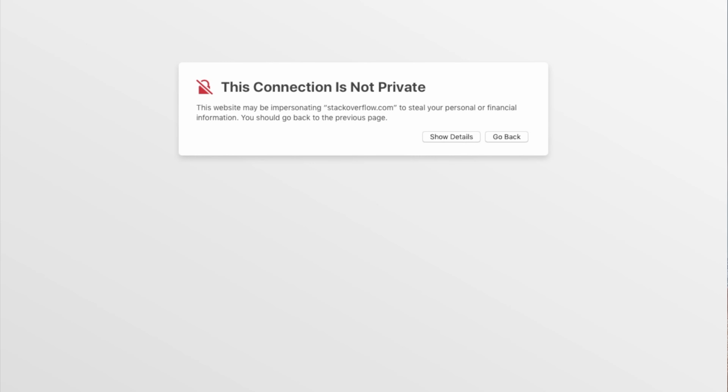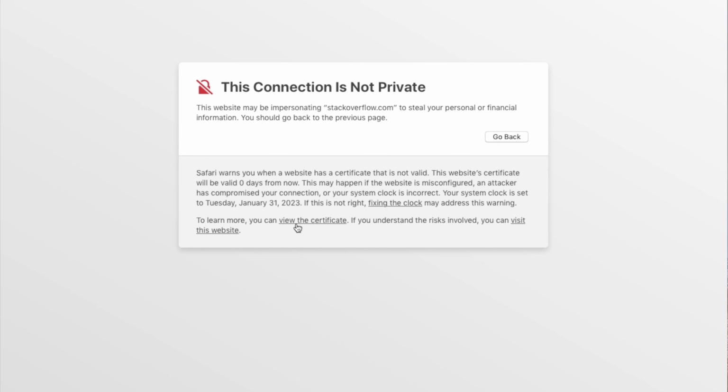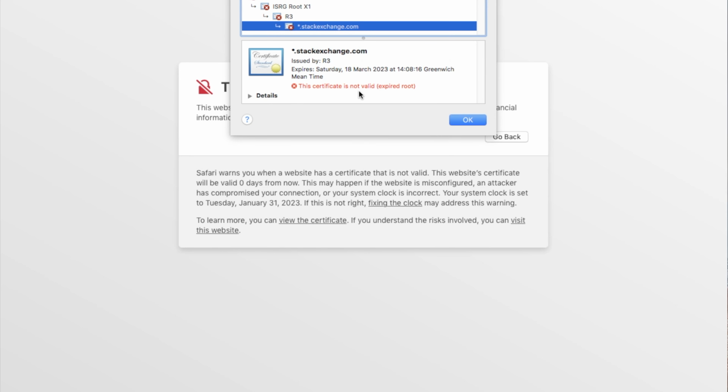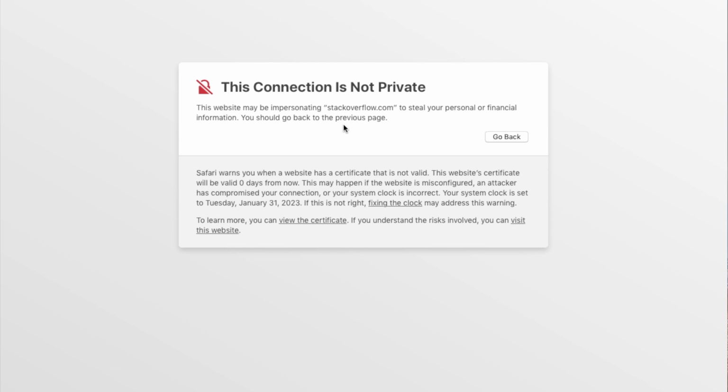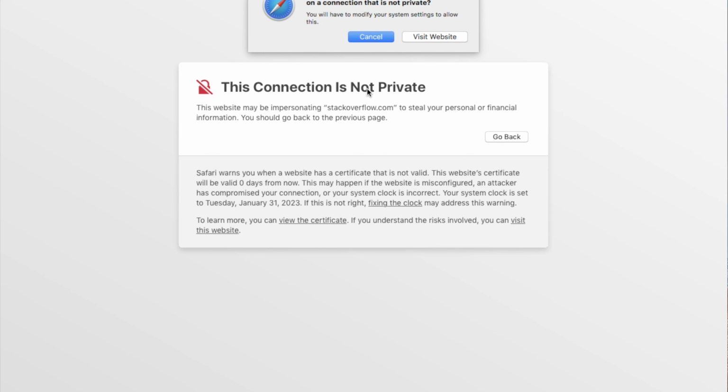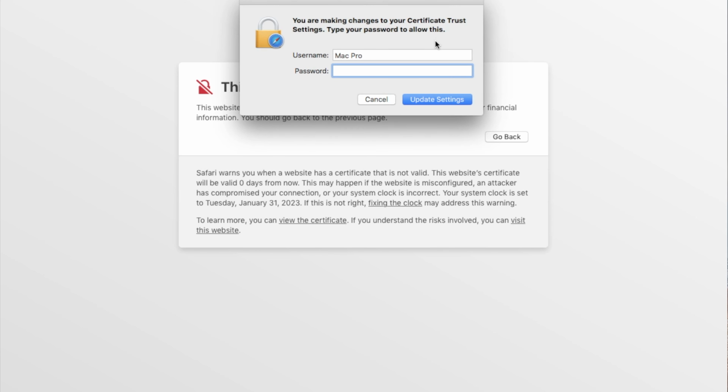Error I keep seeing with El Capitan, it was happening in Yosemite as well, and Mavericks, is the connection is not private. I'm just accessing Stack Overflow to give you guys an example, but as soon as I typed in the URL and went to it, this is the first message I see. Click on Show Details, click on View Certificates, it says it's not valid. Expires on Saturday 18/2023, which is a bit odd. So I click on Visit this website, and bear in mind this website works absolutely fine